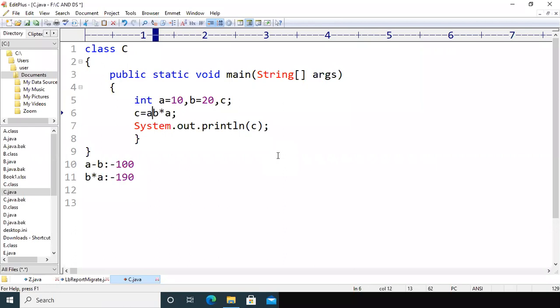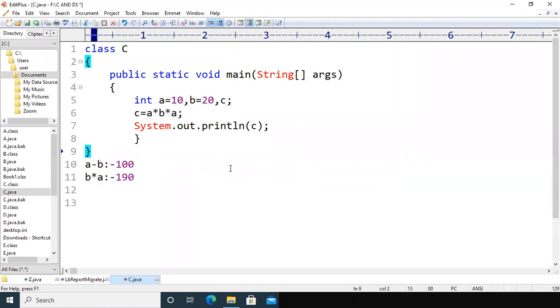In case I have a star b star a, both the operators in this expression are the same, so both will have the same precedence and the same importance. Now what will the compiler do, whether it will execute a star b first or execute b star a next?